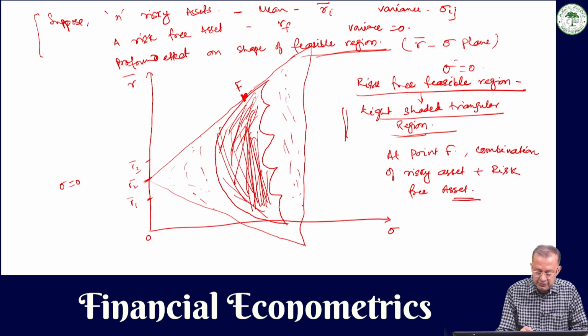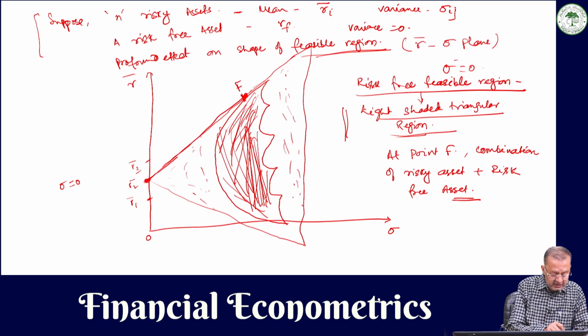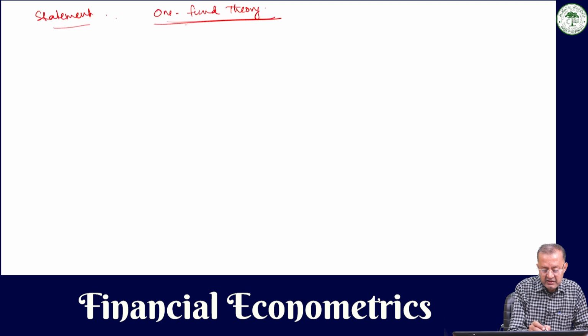This is the line originating for the risk-free asset from this axis where sigma is equal to 0. So what is this statement? There is a single fund,